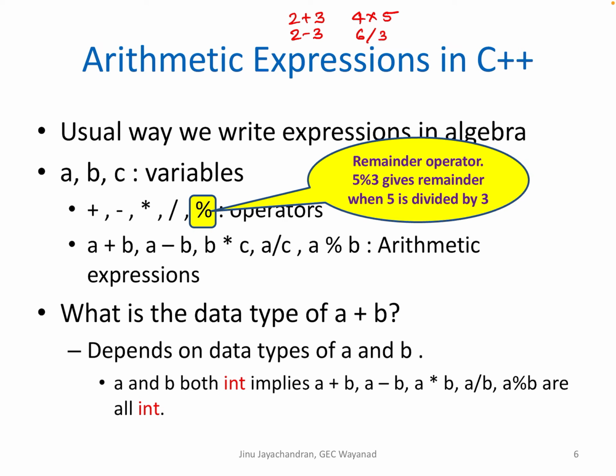So if A, B and C are variables, I can have different operators. In maths, we have plus, minus, multiplication and division operators.